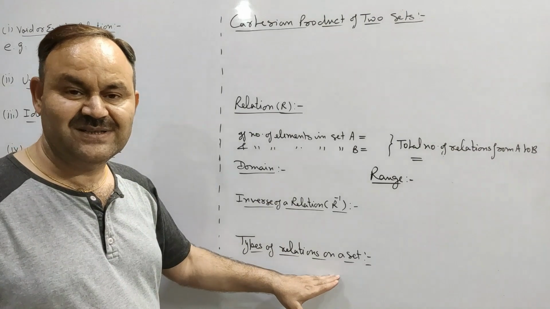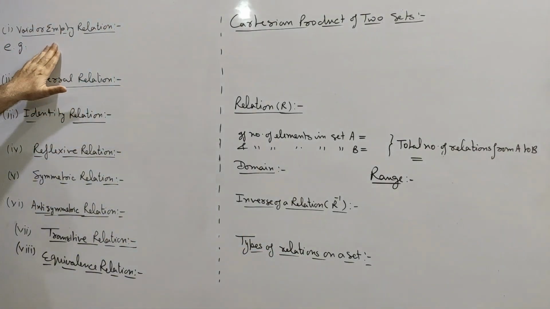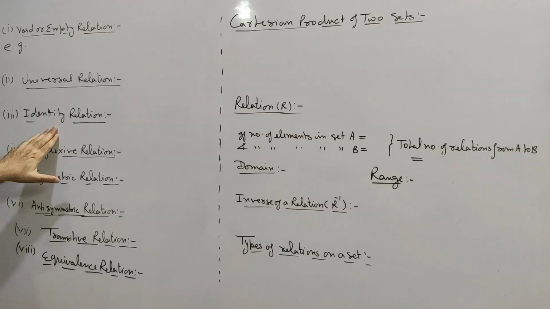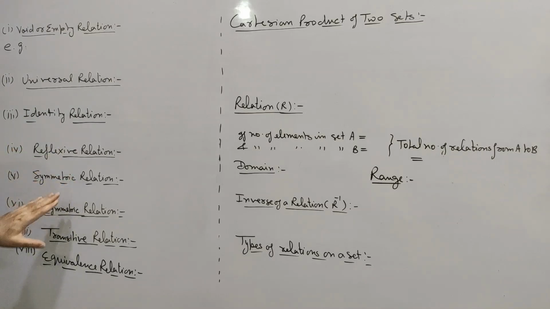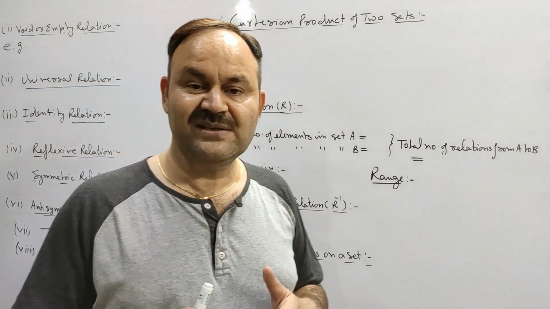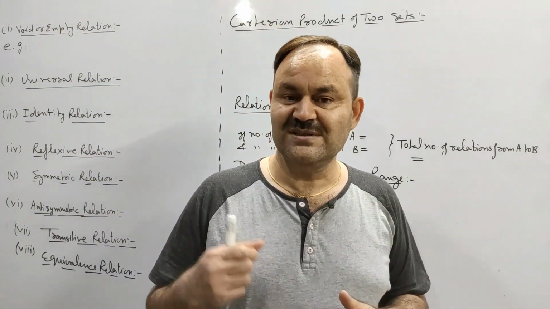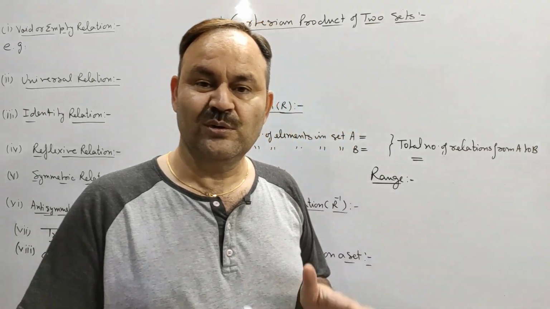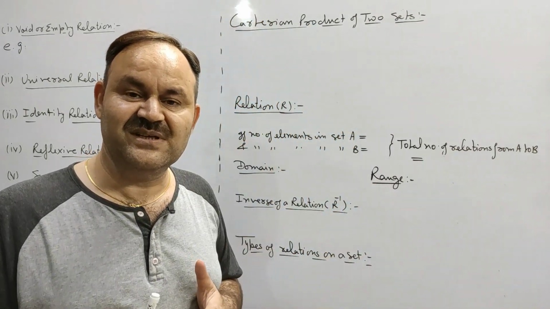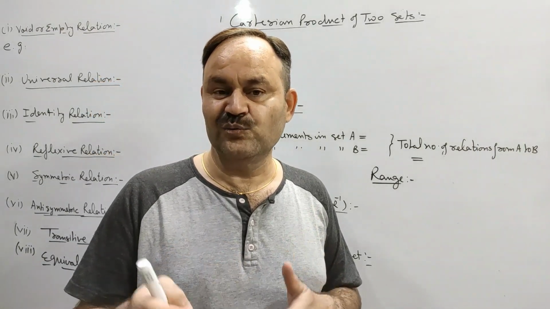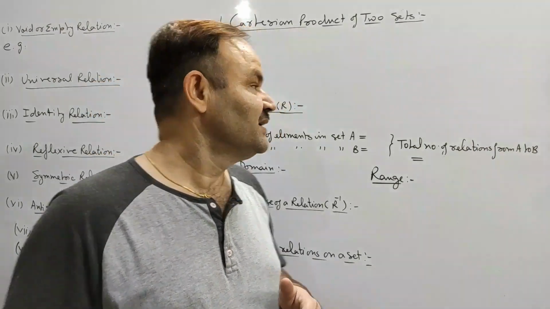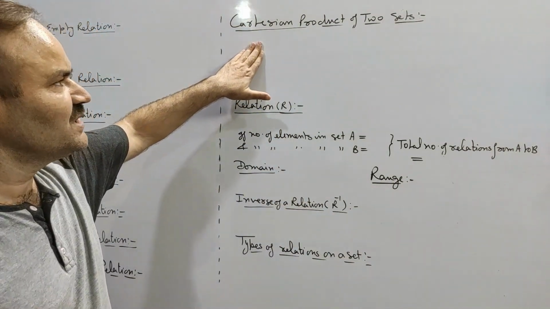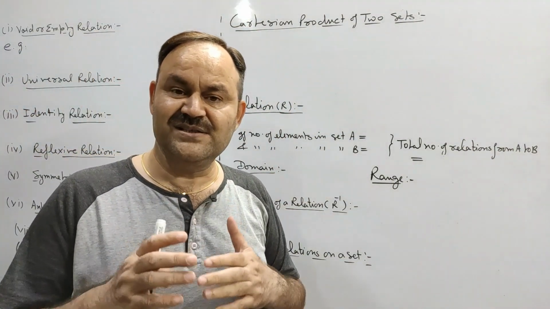types of relations on a set, that is void or empty relation, universal relation, identity relation, reflexive relation, symmetric relation, anti-symmetric relation, transitive relation, and equivalence relation. After that, we will solve the questions related to these. So be ready with your pen and notebook to note down the definitions of these relations and then to solve questions with me. Say first we are coming to the Cartesian product of two